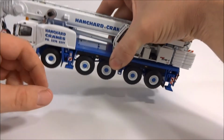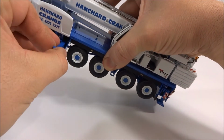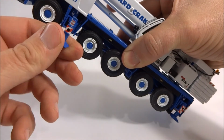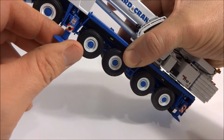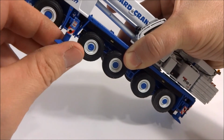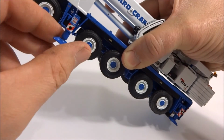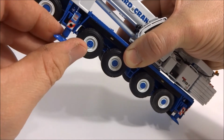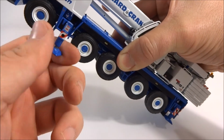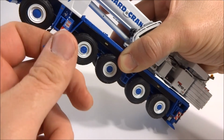Now the outriggers, they're a little stiff once you get them to slide out. There we go. I don't remember if TWH was the first to do this or not. Really can't remember. But outriggers for the longest time,